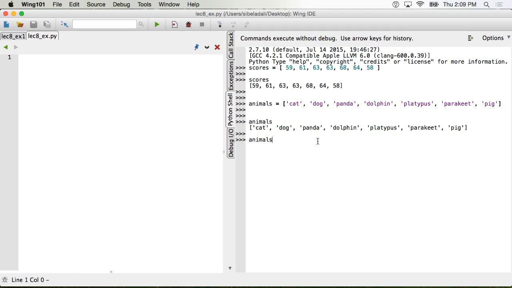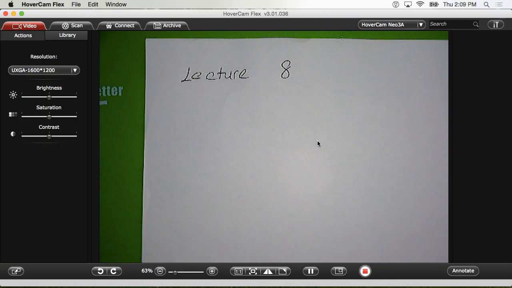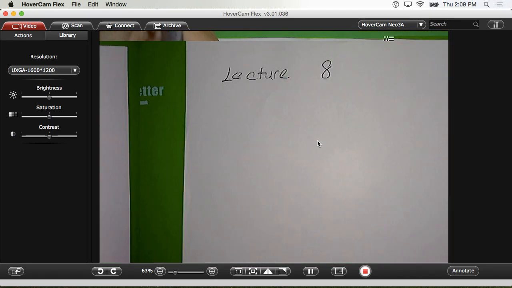So for example, if I wanted to find the first animal, I have to address it by 0. So the first animal will actually be 0. So this is kind of similar to tuples, right? But I will tell you why it's different, but let's first do this and then show the differences. Okay? So if I wanted to find the first score, I can use 0. So let me try to explain the scheme. So whenever you have a list, like animals,